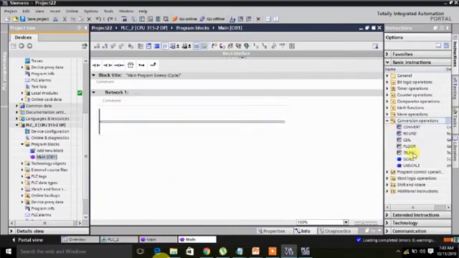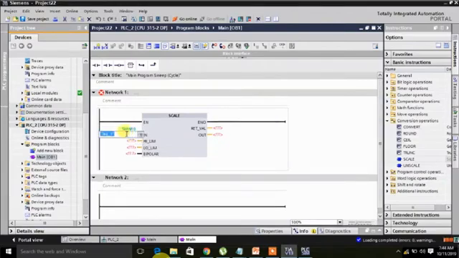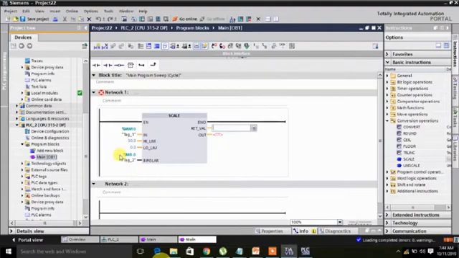Here I will go and use the scaling. In scaling you can set the input. Our input may be MW10, suppose, that we were already using before. High limit is 50, that I gave before. Low limit is 0. Bipolar is M0.0. Actually bipolar means, if the bipolar value is 0, it converts our value from 0 to 27648, meaning unsigned value. If I give 1 in bipolar, it will convert it as a signed value, from minus 27648 to plus 27648. So for output I will give MW